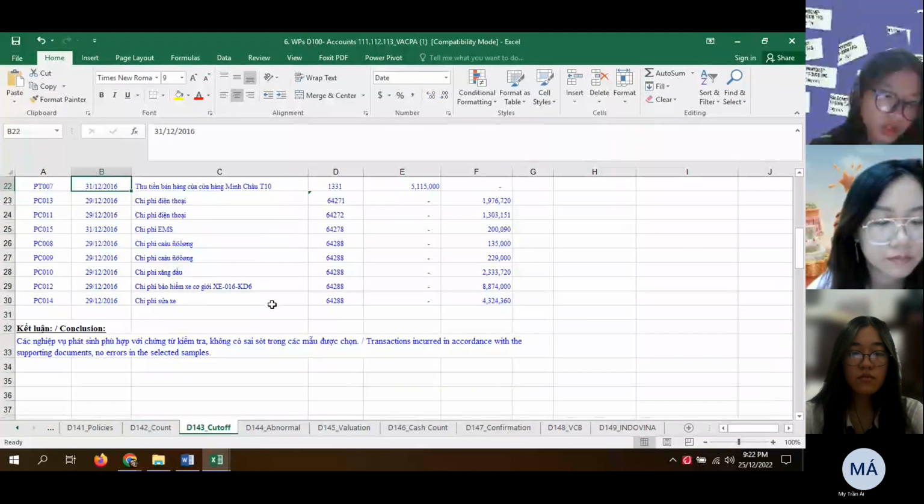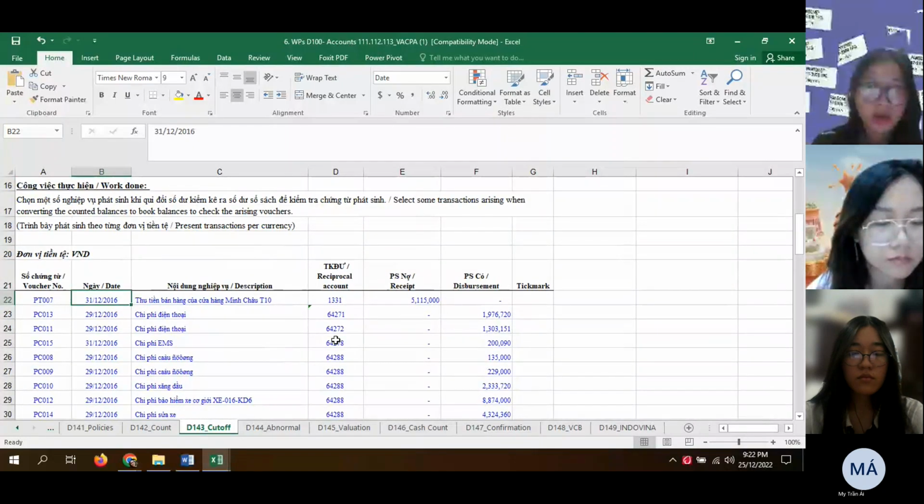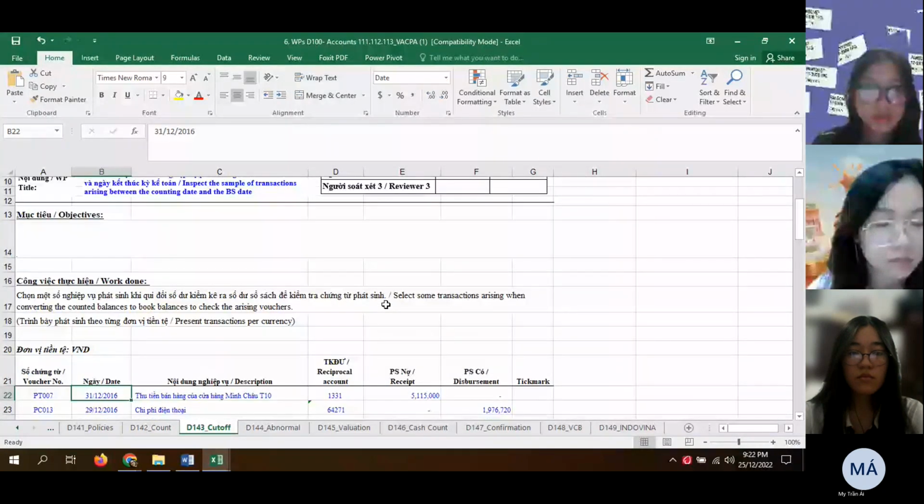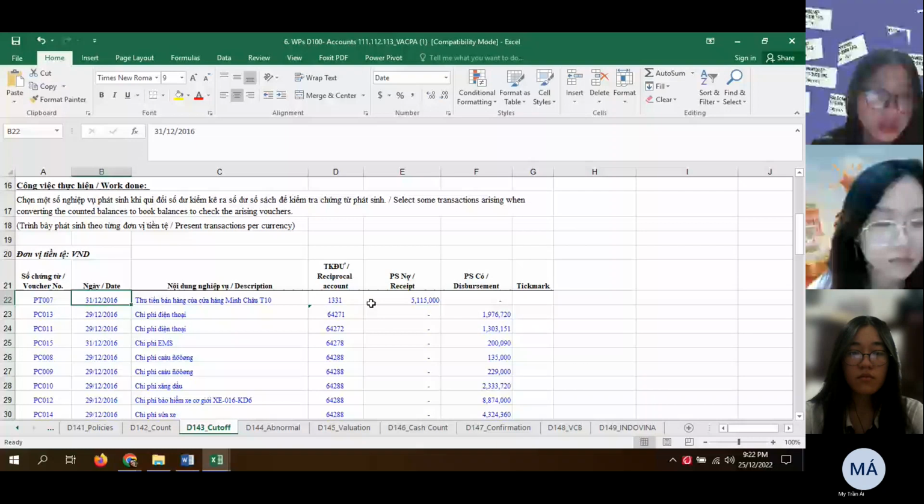So the transactions incurred in accordance with the supporting documents. No error in the selected set. So I don't say anything about this. And then we will go to the D141 policies